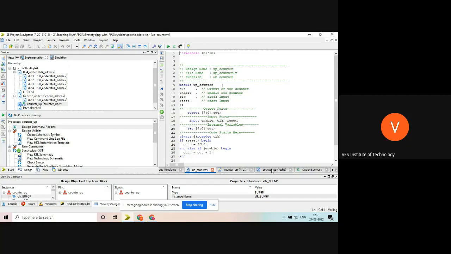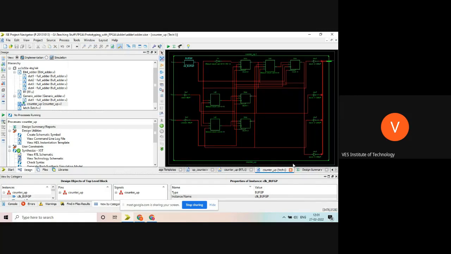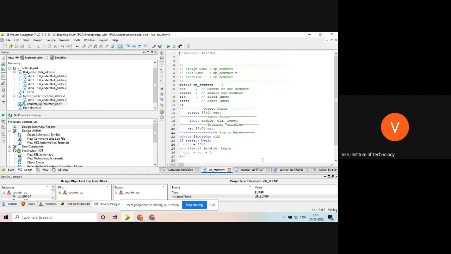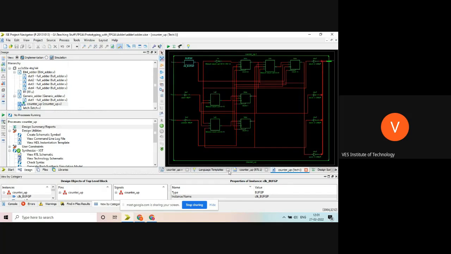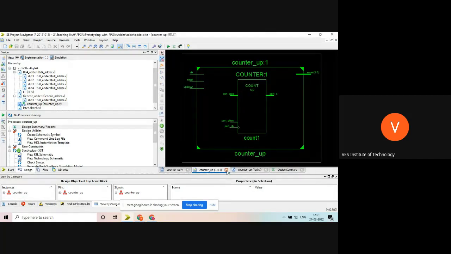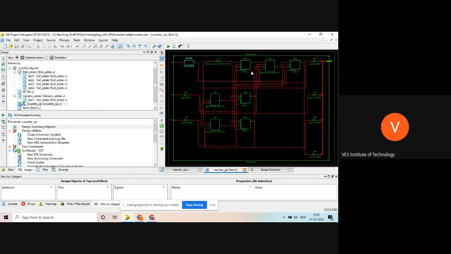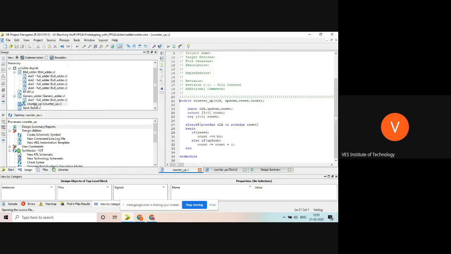Due to the 4-bit counter, it has used 4 flip-flops. You can see here these are the 4 flip-flops, FDC, wherever you find 1, 2, 3, 4. And these are the lookup tables used. So this is all about the counter.